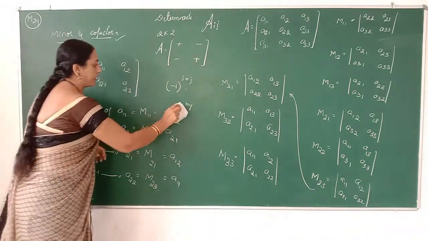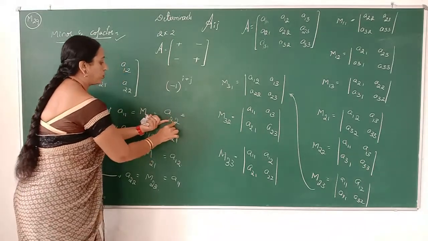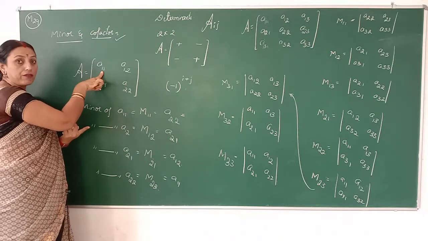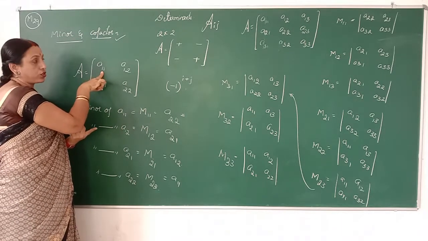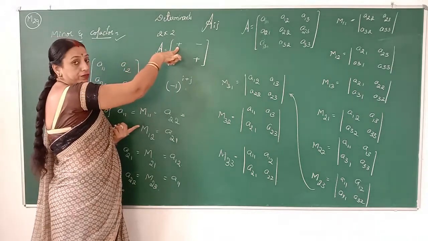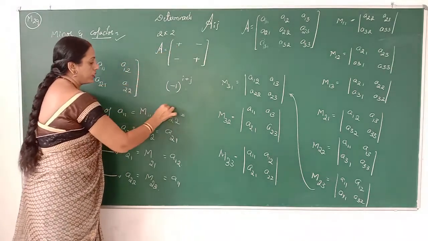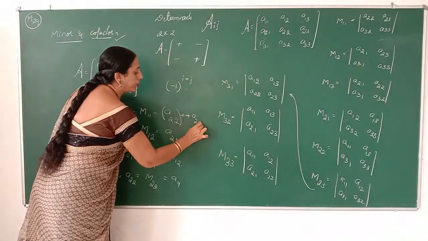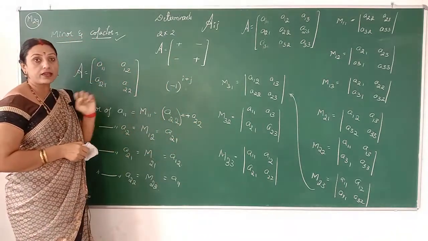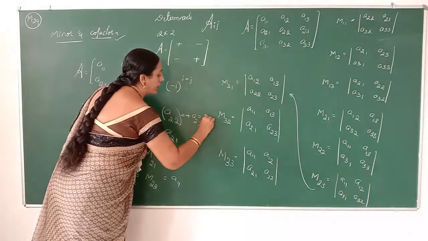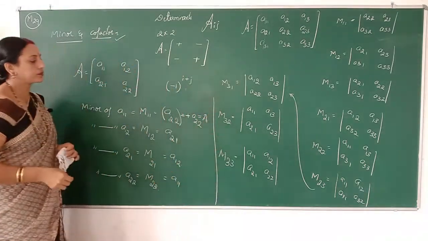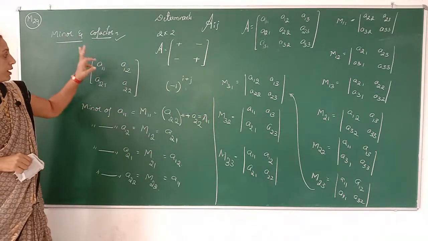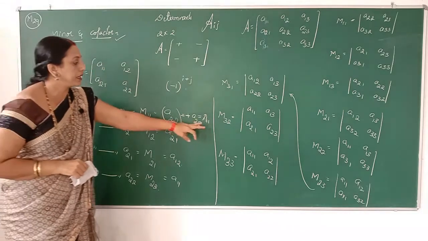So after multiplication, now A22 is the minor of A11. A11 is an element of the first row and first column. The corresponding sign of the first element is positive, therefore it is multiplied by plus. That is plus A22, and that is called the cofactor of A11, denoted by capital A11. So M11 is the symbol for the minor of A11 and capital A11 is the cofactor of A11.